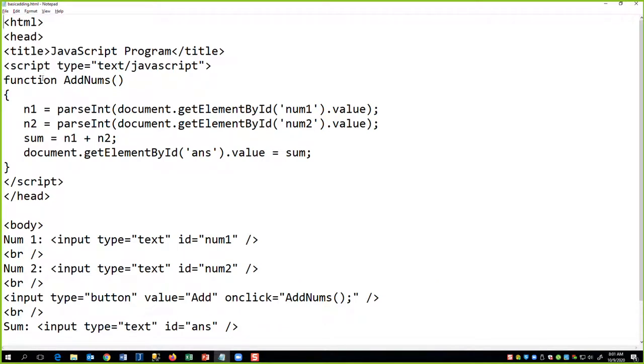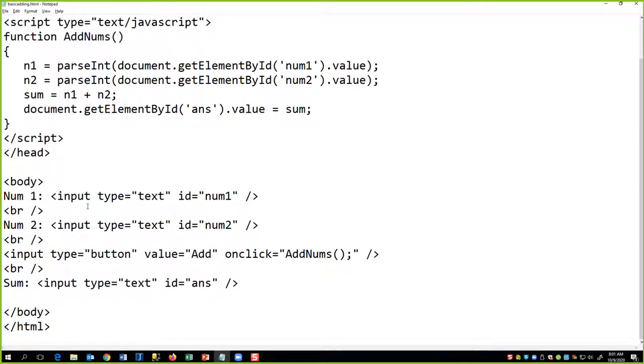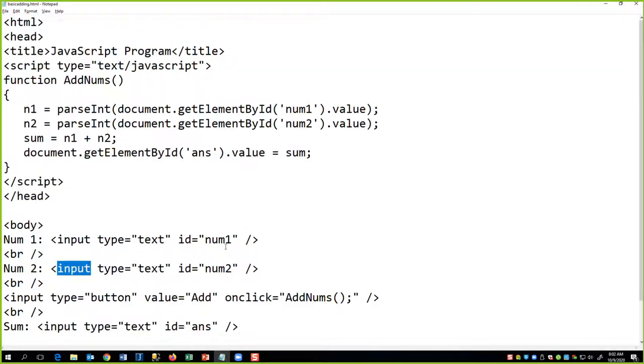Now here I have my JavaScript program, and I got my function, and down here were our inputs, and we had a name, num1, num2. Remember, we clicked add nums. That then ran this function up here, which these two lines of code here,